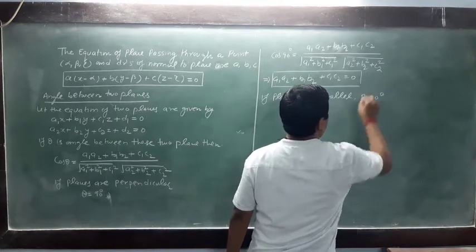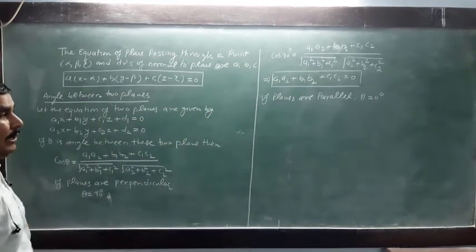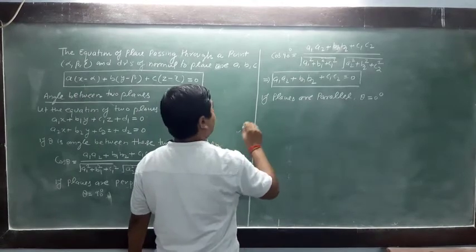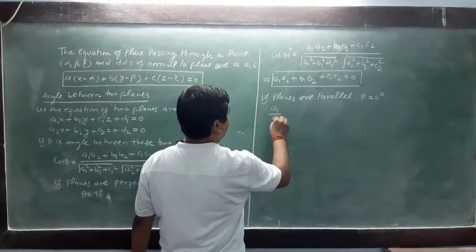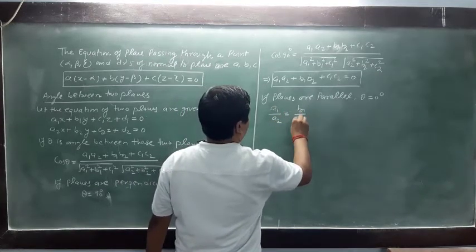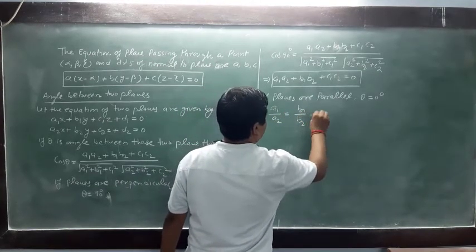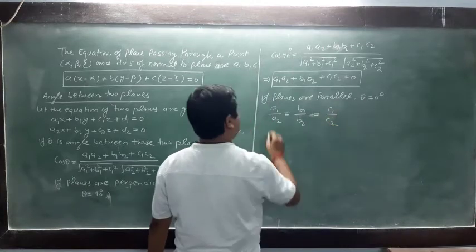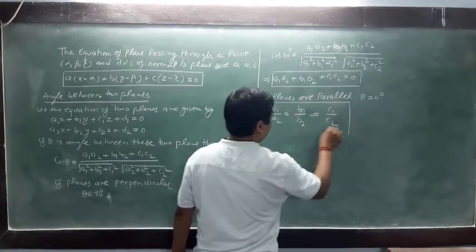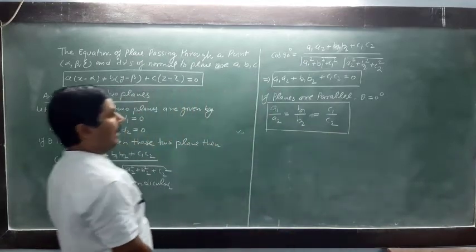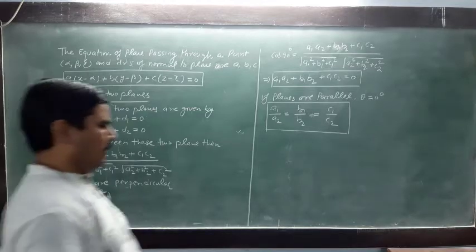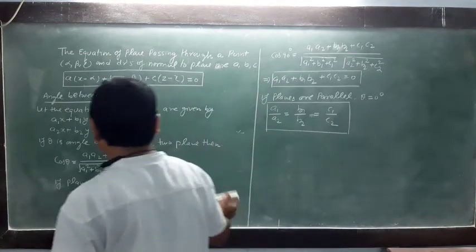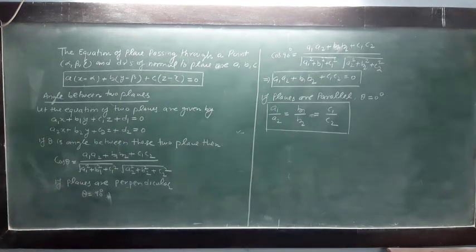in that condition this theta will be equal to 0 degree and then the ratio of DRs of both planes will be same. That means a1 upon a2 will be equal to b1 upon b2 is equal to c1 upon c2. This will be the condition if planes are parallel to each other, because DRs of normal to the planes are given. If in place of DRs we have DCs, then what will be,